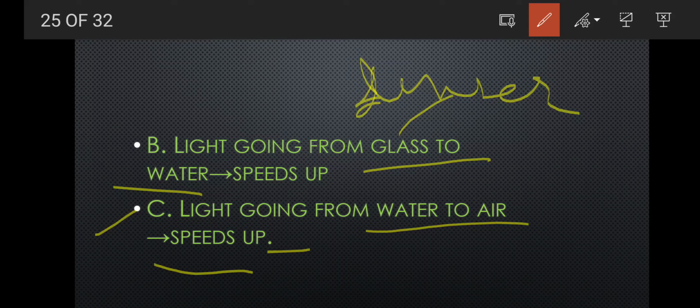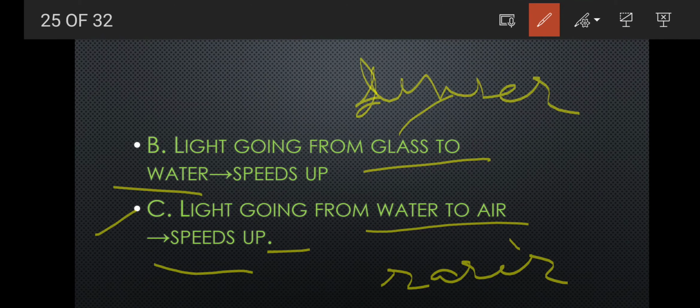Next one, light going from water to air. है ना? Light going from water to air. तो अगर वाटर और एयर में कंपेयर करेंगे तो क्या हो जाएगा कि डेंसर टू रेयरर में जा रहा है. ये एयर क्या हो गया? हम लोग यूज़ करते हैं टर्म रेयरर. ठीक है, तो वाटर जो है वो डेंसर हुआ और एयर रेयरर हुआ. तो जब वाटर से एयर में जाएगा तब क्या हो जाती है?